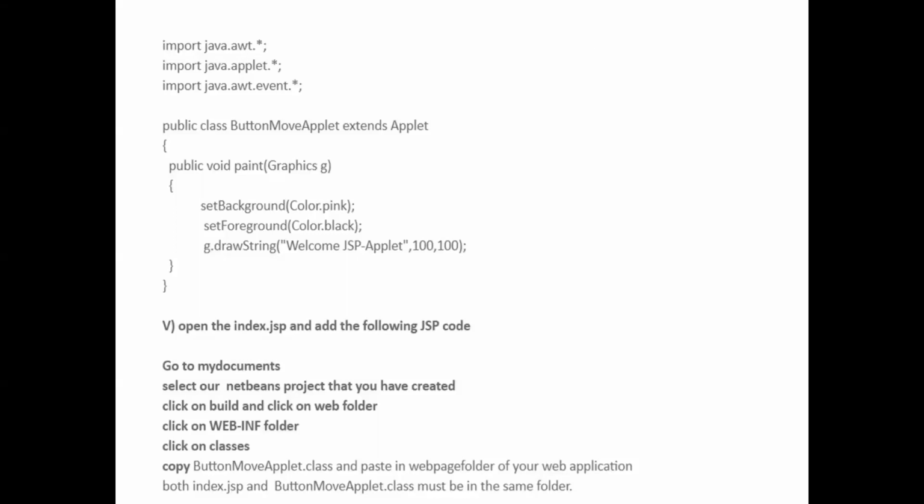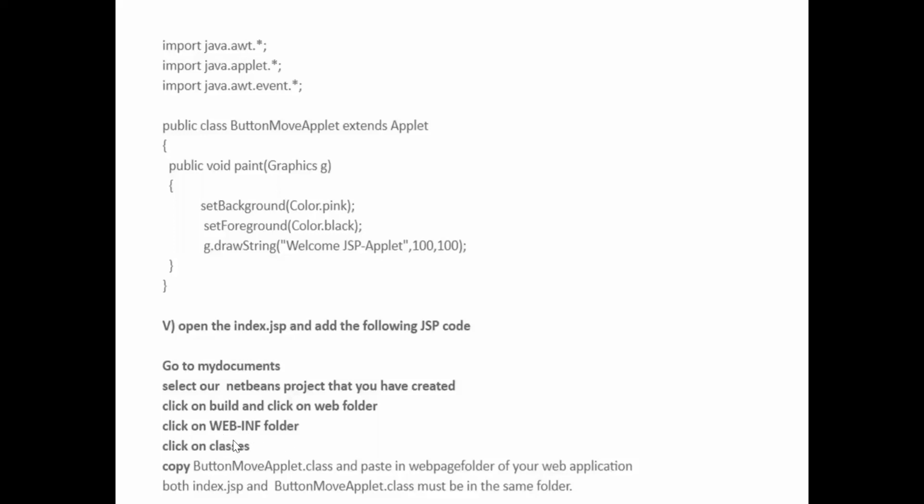Then first go to My Documents in the local hard disk, select our NetBeans project that you have created, and click on build and click on the web folder. Once you click the web folder, you can click on the WEB-INF folder.